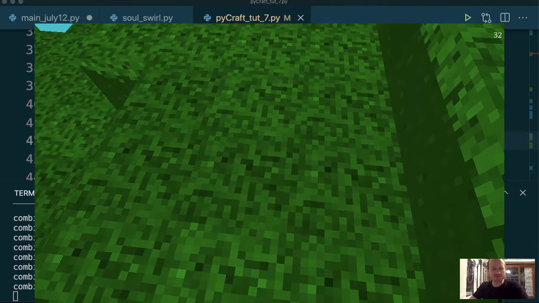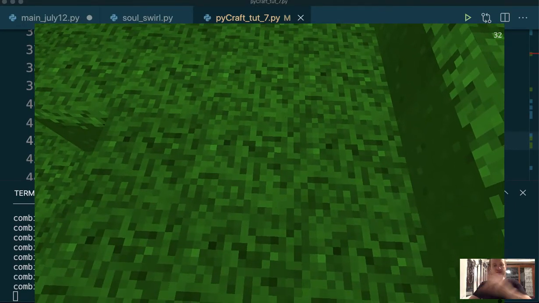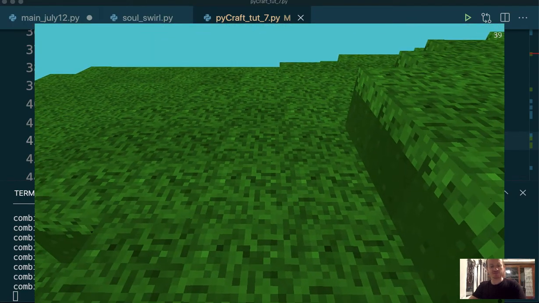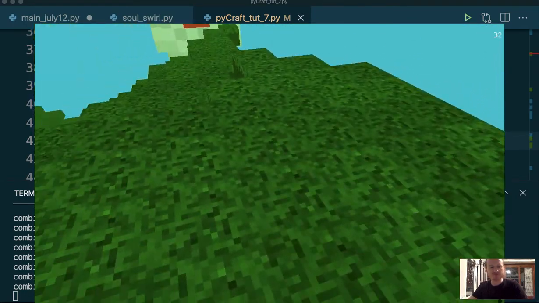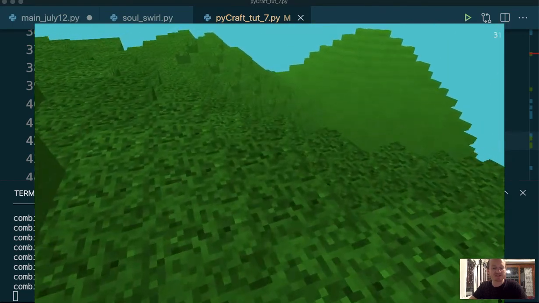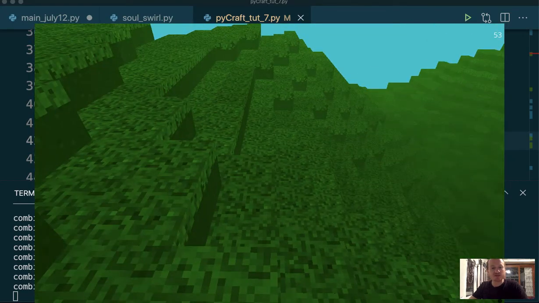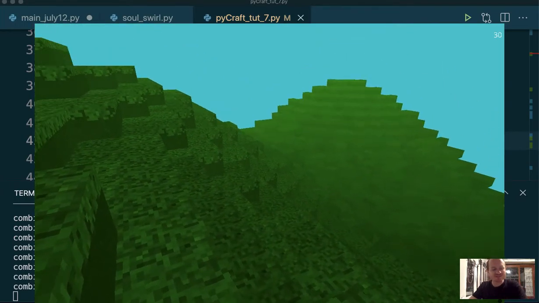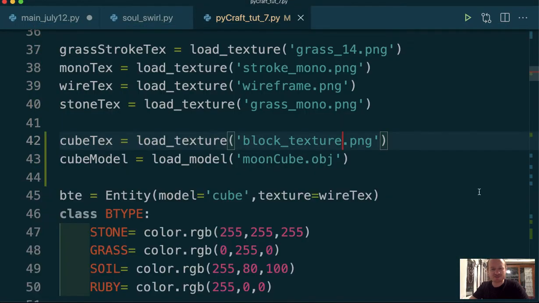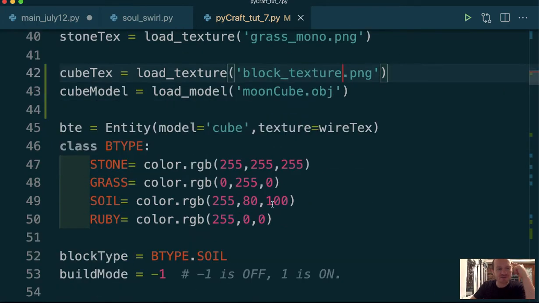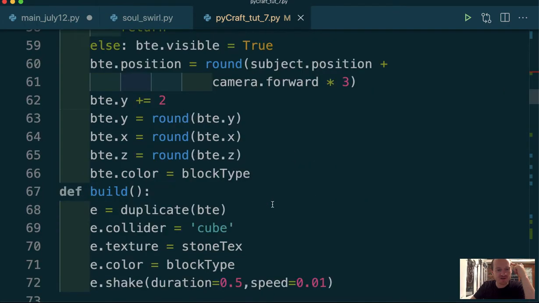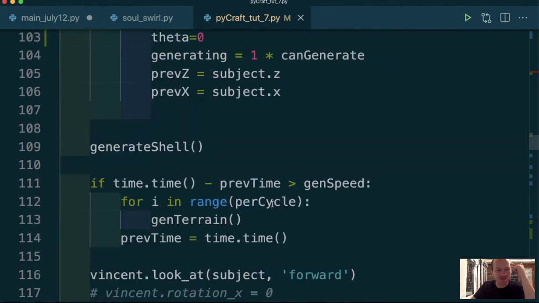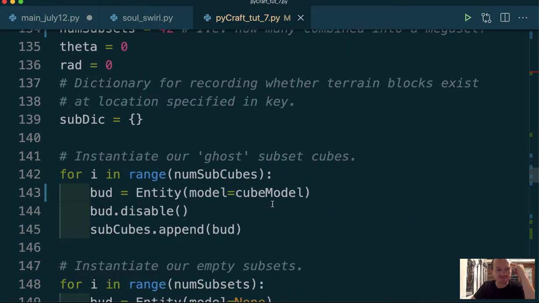But every cube you look at has exactly the same pattern of pixels. So if you're going for this pixelated aesthetic, you might like that. Or to me, I don't kind of like the repetition. It's too repetitious. So what we can do is when we first instantiate our subcubes,